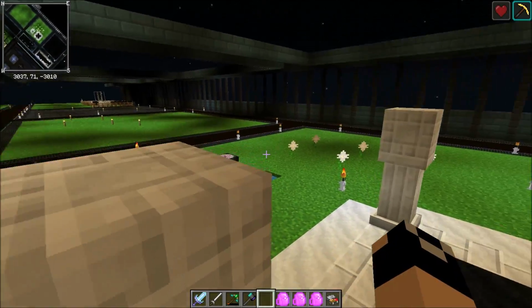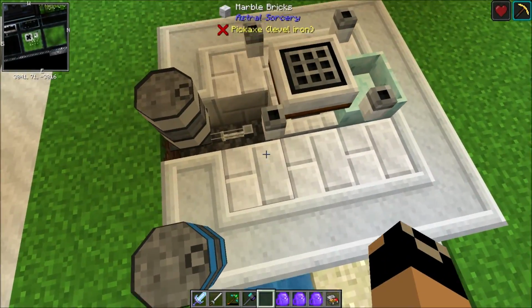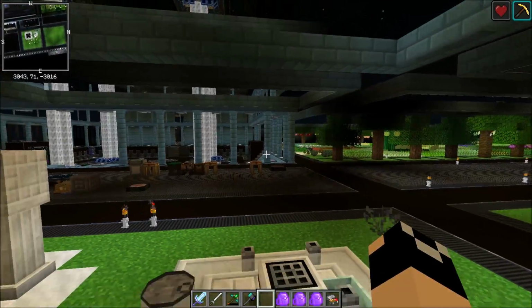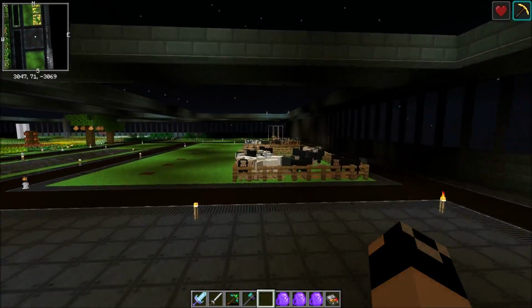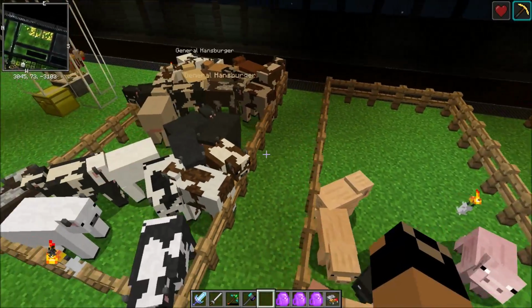But Astral Sorcery area, and then another Astral Sorcery thing. I'm not really sure what this one's for. I have no clue. And then if we head on down through here, there is animal farm for sheep, pigs,